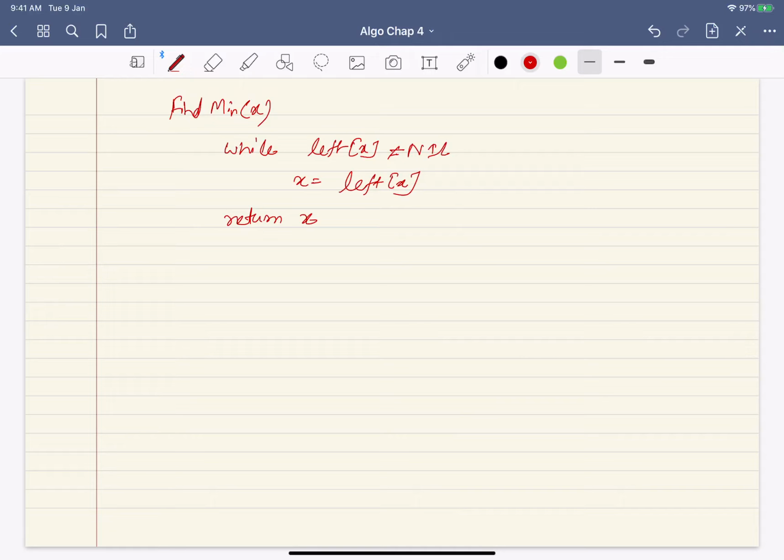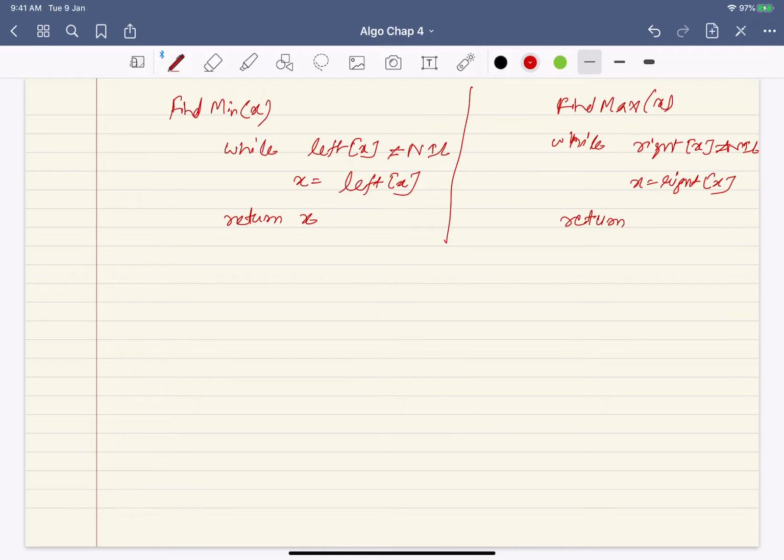Similarly, I can write find-max: while right of x is not equal to nil, x is right of x. At some point it is nil, so you return x. That's how you find the min and max.